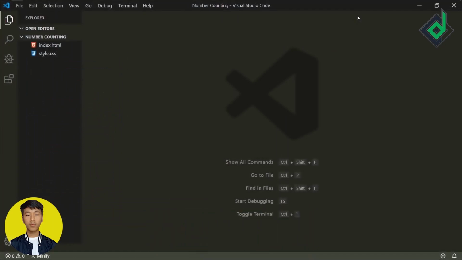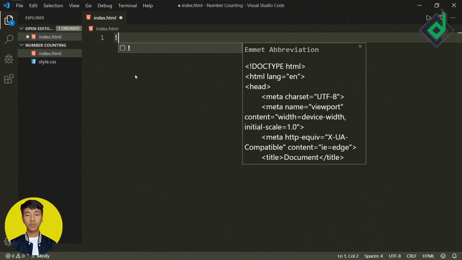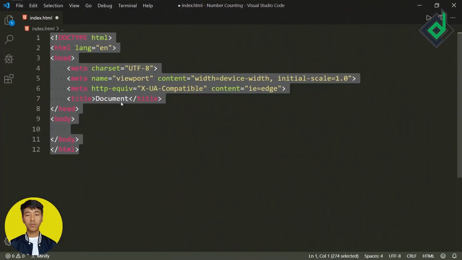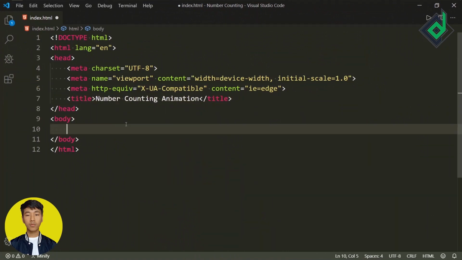As you can see, I have already created the HTML and CSS file, and inside the index.html file, if I type exclamation sign and hit the tab button, then you will get this HTML5 boilerplate. Now for the title, let's give number counting animation, and now inside the body tag, let's create a div with class name container,